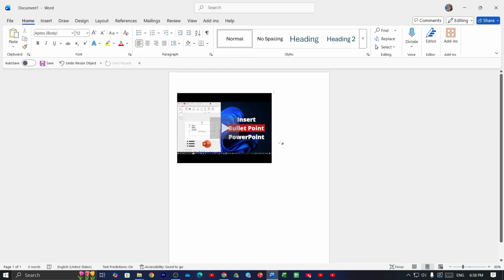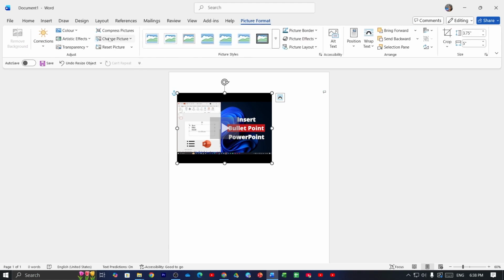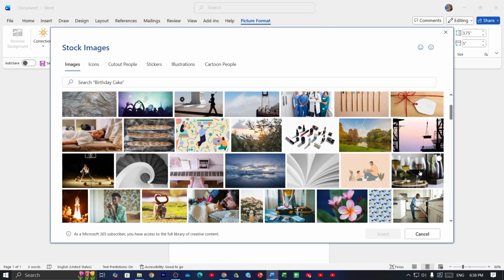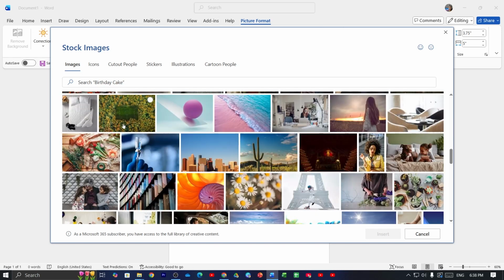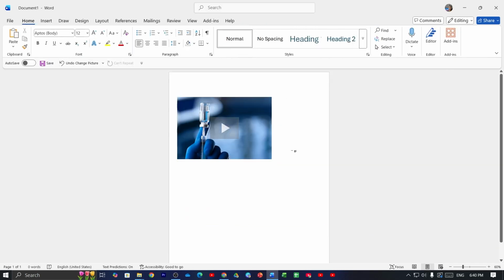Also, if you want to add any video thumbnail, just select your video and then click on picture format tab. From here click on change picture option, which you can find on the adjust option. Then choose any option. If I select stock images, now from here choose any picture or image. If I select it and then click on insert, and that's it. You can see the video thumbnail has been added successfully, and that is how you can put YouTube video